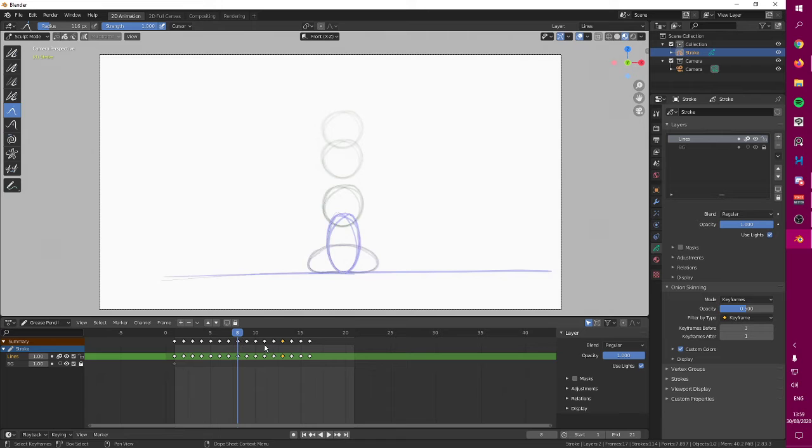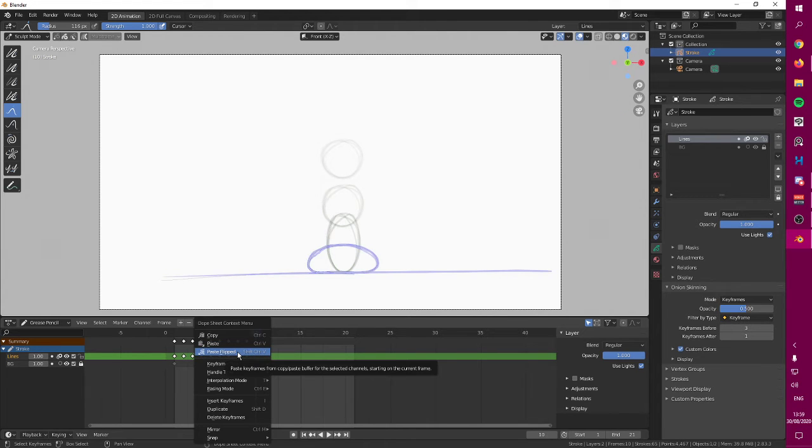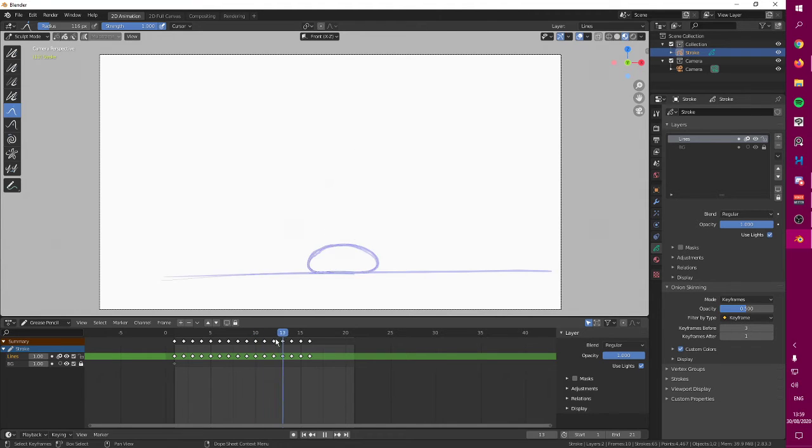Blender has a weird glitch that when you paste something, at least this happens to me, it never plays immediately. Right now this is obviously playing in the same way as I copied, but here there is this option, paste flipped. I don't know what this is going to do, but let's find out. No idea what it did. I'm trying to look for a way to reverse this frame.